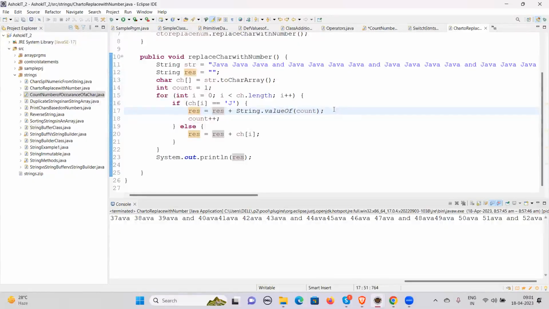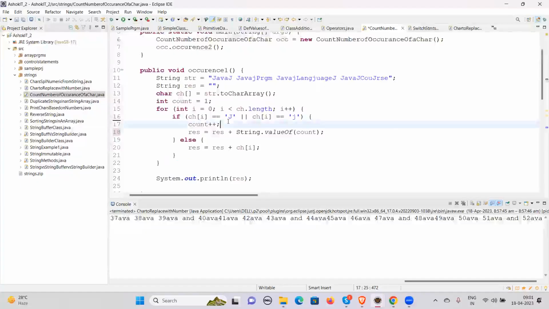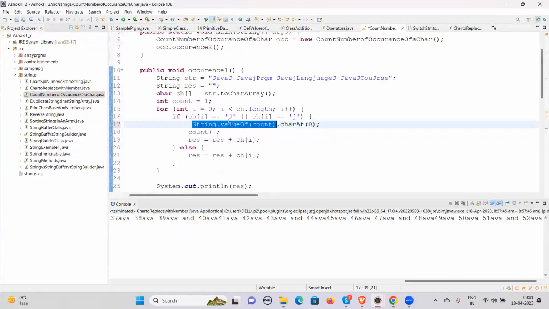As I told you guys, I'm not going to directly show you the actual results, so that you can understand how exactly we need to frame the logic and what the different approaches are for that. Here you can see we have 3 approaches, which I just changed. One is replacing only that character and appending that character to this. If I take charAt(0), if I get some value like,